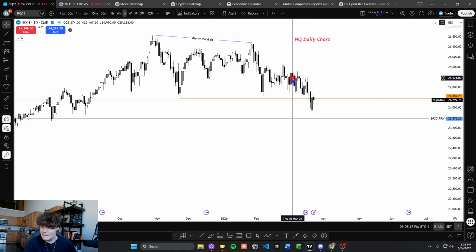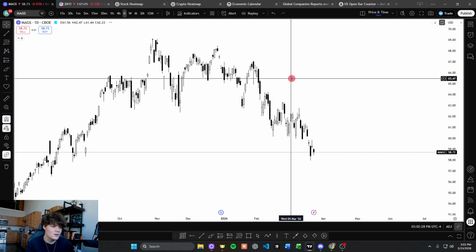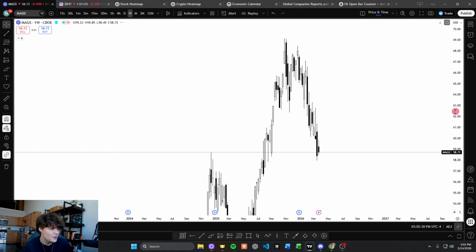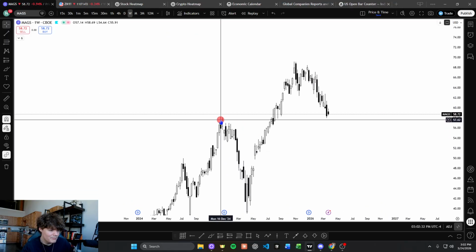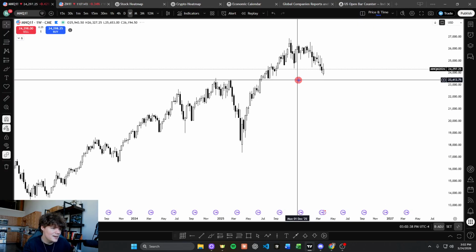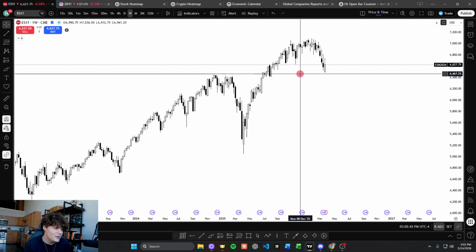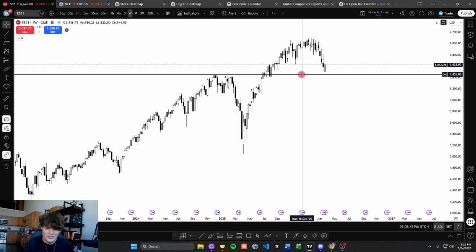But I guess the idea that I would kind of pay attention to is, okay, is the MAG 7 going to find some sort of support? Like, if we pull up that MAG 7 chart and we look at the weekly chart, the MAG 7 is trading back down to the 2024 highs, that December high, right? Where if you take a look at the NASDAQ, it's not really there yet. The ES is not there yet, right? You're getting close, but you're just not there yet. So do we start to see support